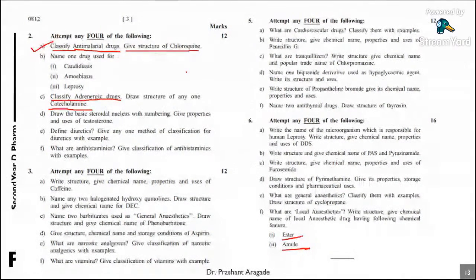Again, you will find some questions like this. Here they directly ask: define diuretics, and give any one method of classification for diuretics with examples. This question is for 3 marks. So I have divided the 3 marks as 1 mark for the definition of diuretics and 2 marks for the classification. So once I have done all this